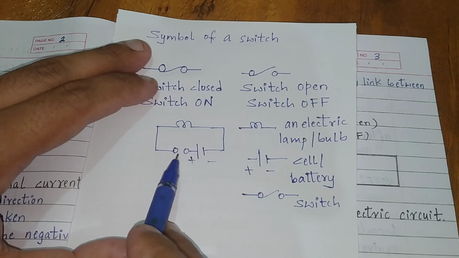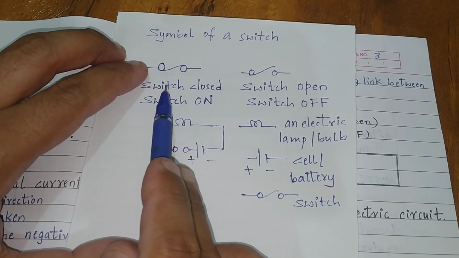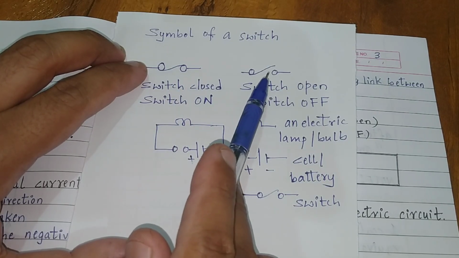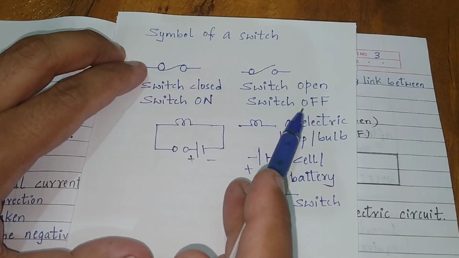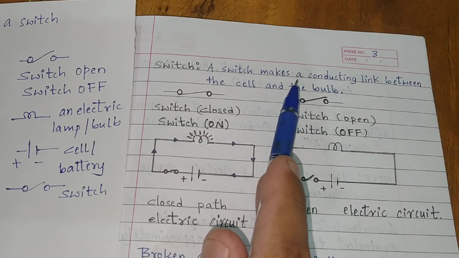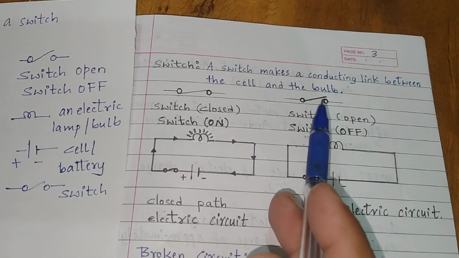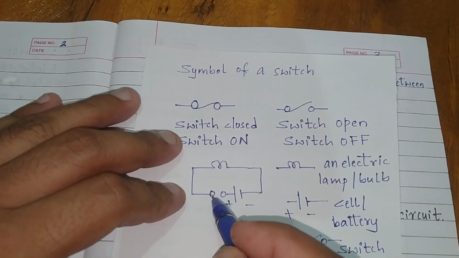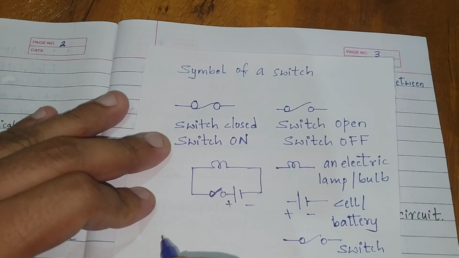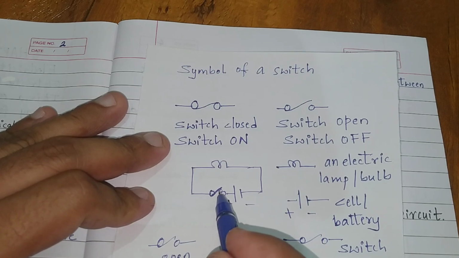See here, purpose of a switch. Symbol of a switch. Switch closed, switch on, open here, switch open, switch off. So here a switch makes a conducting link between the cell and the bulb. So here now it is completely open. Now it is open. When you close,